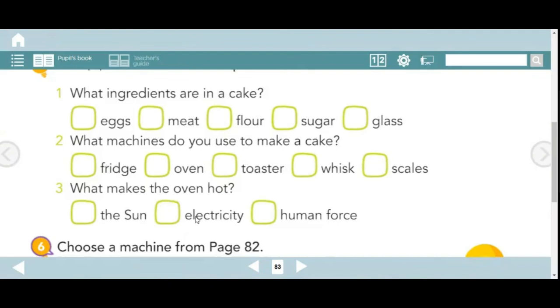Do you think that the electricity heats the oven? Tick. Or do you think that human force heats the oven? Tick. You can ask your parents, you can look for the information on the internet, you can find information around you or on the computer or on a tablet, or maybe ask your parents or one of your friends,